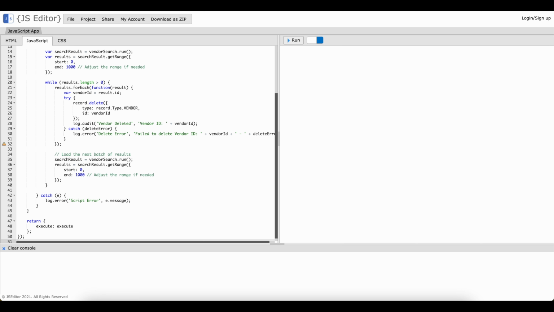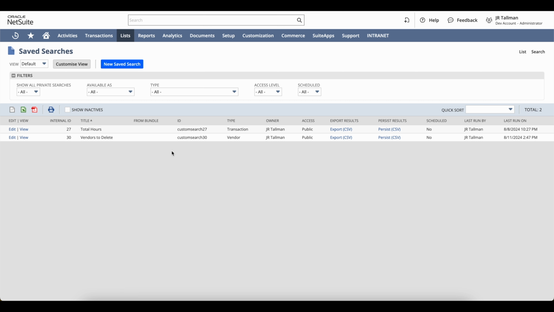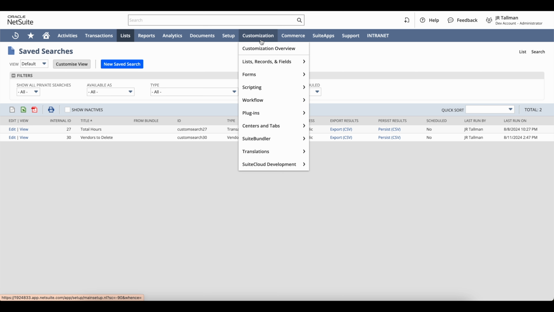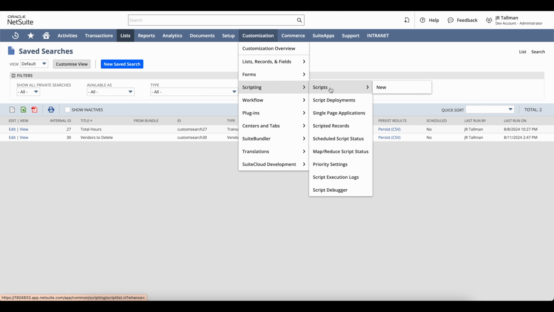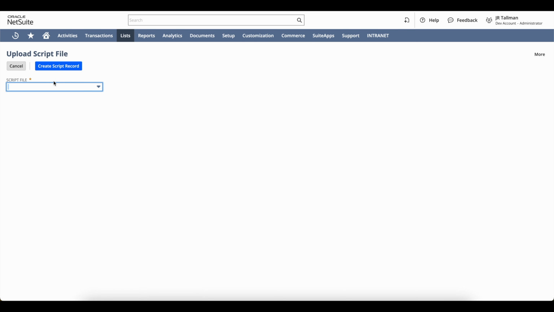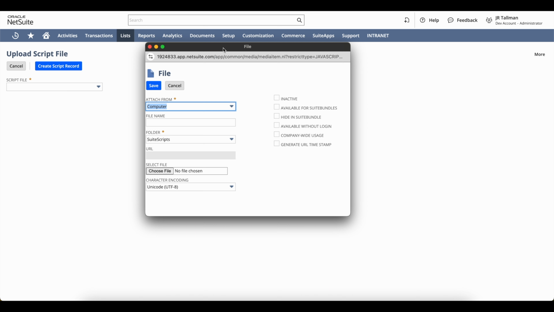All right, so let's go back into NetSuite here with my saved search. And what I'm going to do is simply go to Customization, Scripting, Scripts, and New. And from here, we're going to upload that script file with the little plus icon. Once you click on the plus icon, you can go ahead and select that file with the